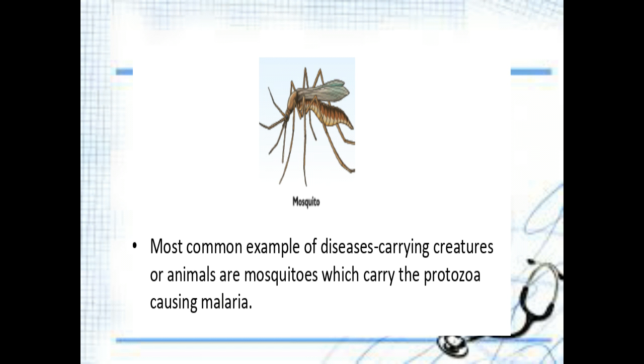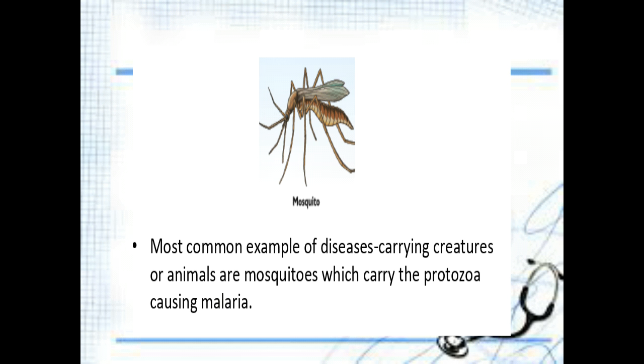Since communicable disease can be spread from one to another, how will it spread? Yes, with the help of mosquito, with the help of air, with the help of water, with the help of objects the infected person uses. So these are the mediums through which the disease may pass from one person to another person.